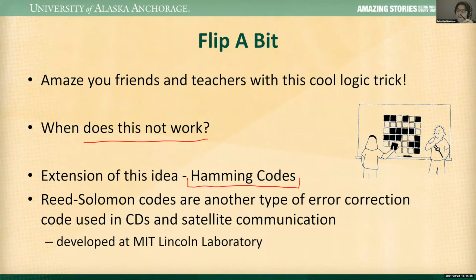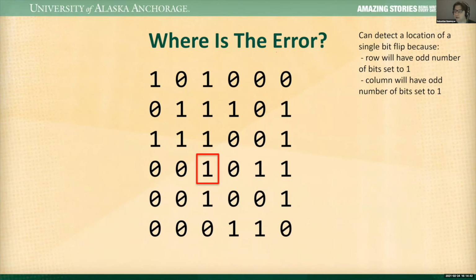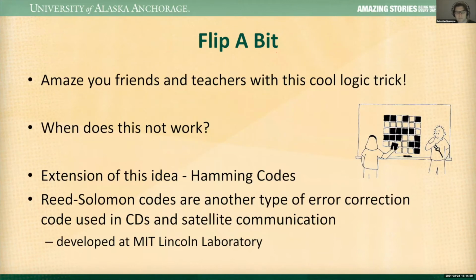And so this is something that you would study in computer science. So computer science is not just programming, it's also these conceptual type of problems where it's like, how do you effectively communicate from one computer to another? That's not a programming problem, it's really a math problem. I would say computer science is more like applied math than it is programming. Okay, maybe I'll pause there. Does anyone have questions about this error detection and correction idea?